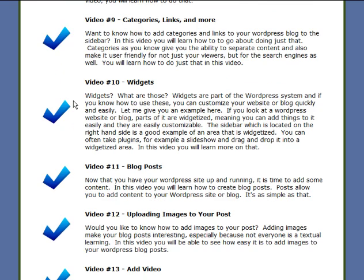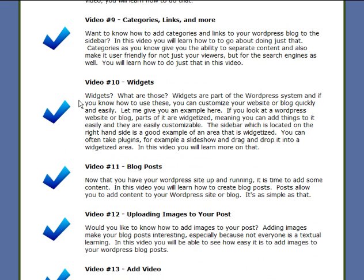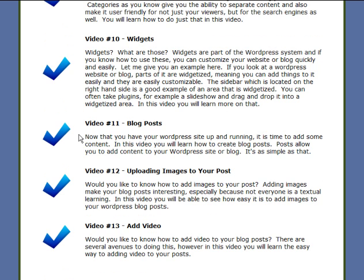So let's say, for example, that I'm using a plugin and I have a slideshow plugin. What I could do is insert it into a widget. Let's say there's a widget here and here's a header here. I could just drag and drop it here so that I customize the website. There's a lot more stuff that you can do with widgets, but I don't want to talk about too much in this video demo. Video number 11, we'll talk about blog posts, how to create a blog post, how to